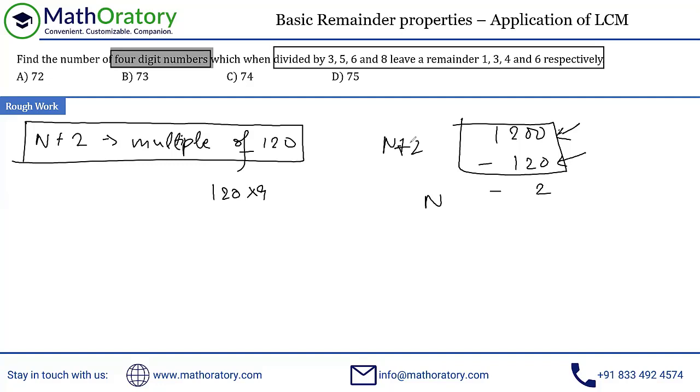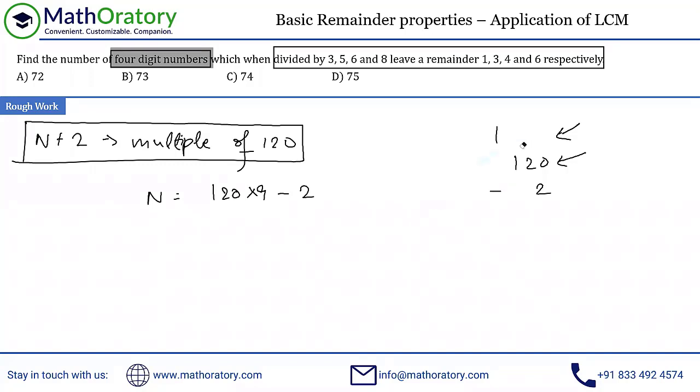So if n plus 2 is this much, the n should be this entire thing, isn't it? But in this case also, 200 minus 120 minus 2 is still positive. So 1200 minus 120 minus 2 will remain a 4-digit number. So if I take this number as n plus 2, in turn, n is equal to something like this. This is still a 4-digit number, acceptable, right? So that is the smallest 4-digit number, easily obtainable.